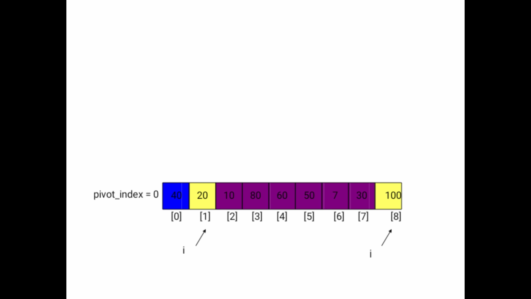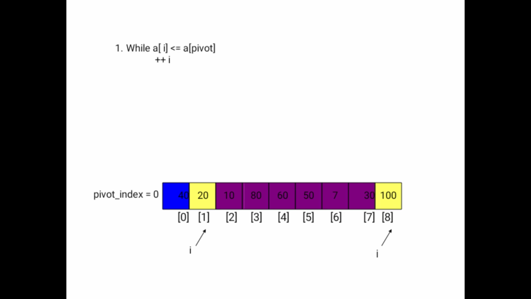Now we will take one example and again implement this quicksort here. In this, the element 40 is chosen as the pivot element, and I have taken two variables i and j, which are used as the index variables. The index variable i points to the first element, that is next to the pivot element, and j points to the right of the rightmost element.